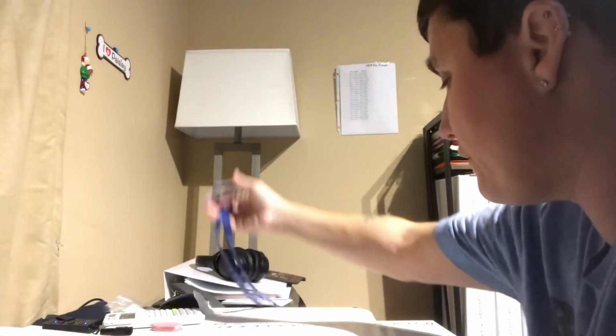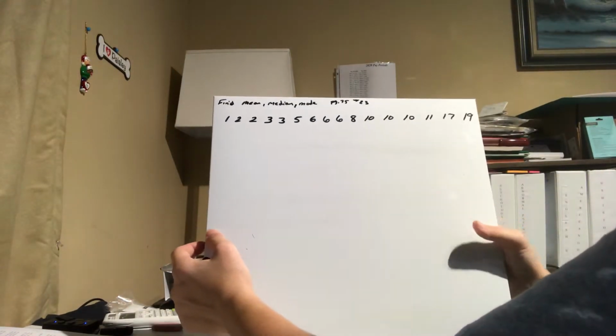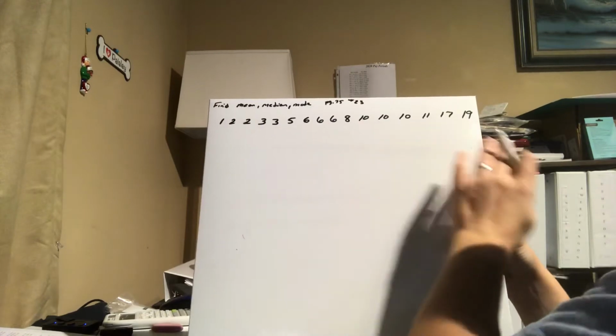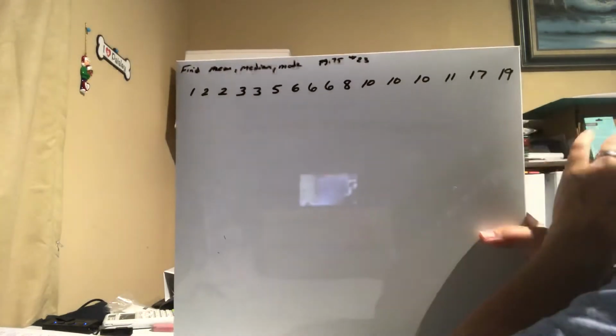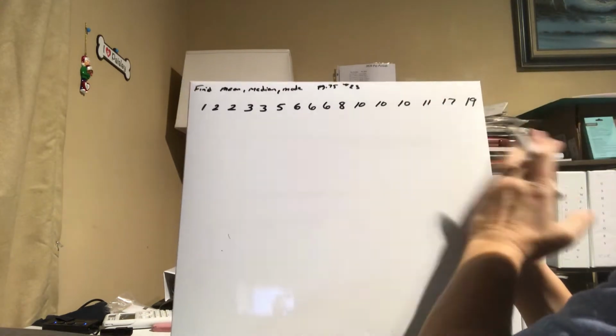2 questions. The first one is page 75, number 23. It asks us to find a median, and mode. I've already printed out the numbers, and I actually put them in order already to make things a little bit